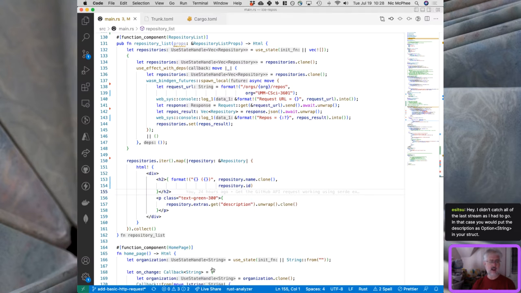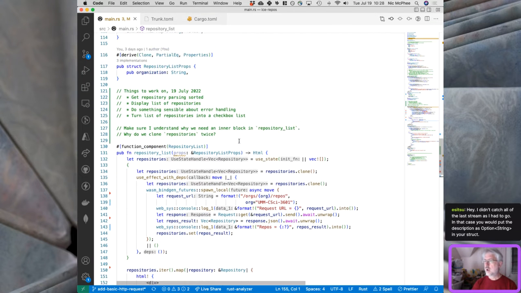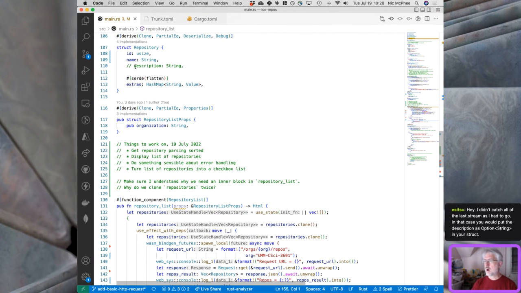Come back to the code. We want description not to be a string like I did before, but we want it to be option string. And now it will parse correctly,